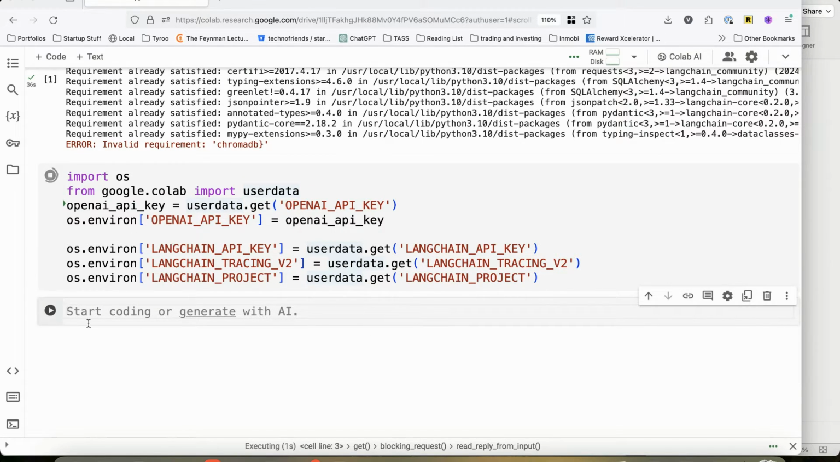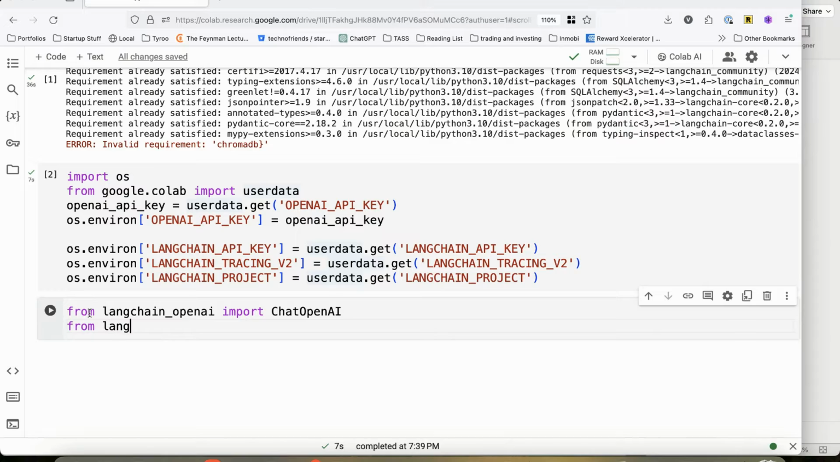Once this is done, I'll get started with importing some of our LangChain API libraries, right? So from langchain_openai, import ChatOpenAI, right? So this is the first one that I want to do. Next, we need some prompts. So I'm going to take langchain.prompts, import ChatPromptTemplate,